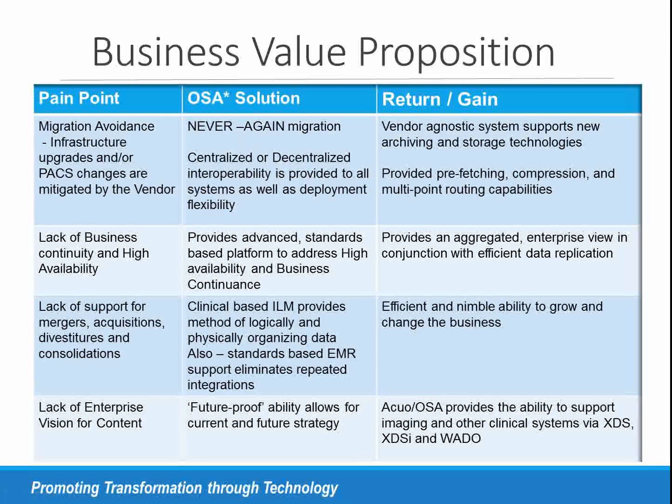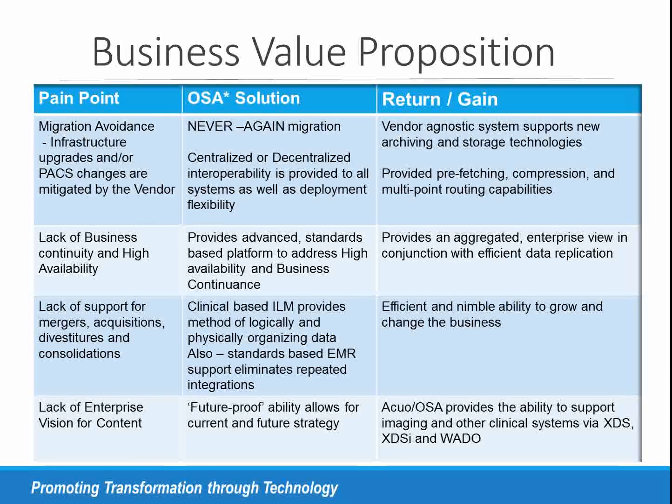The high availability piece was very important to our organization. So the ability to access PACS even in the event of PACS downtime, from either of the replicated archives that exist across 2 sites, is always available to us. So even if one of the Acuo archives is down, we can still process images, we can still view imaging from the replicated archive that is still up. We literally have to have a failure of both archives and both PACS systems to not be able to access